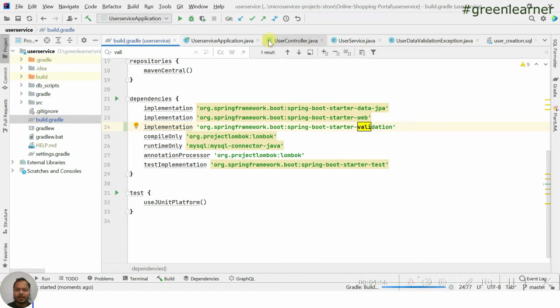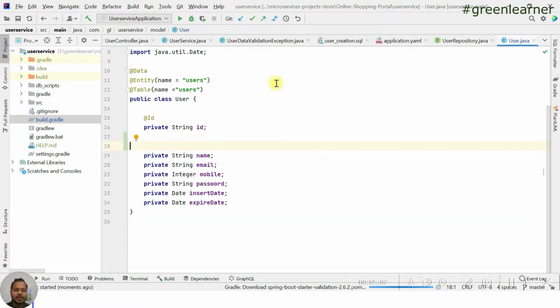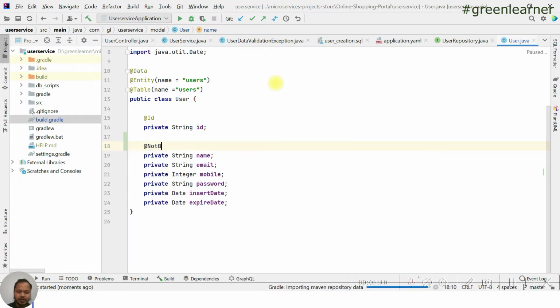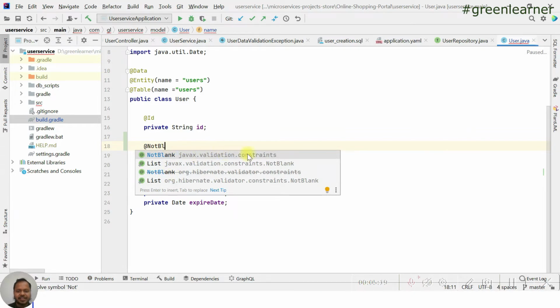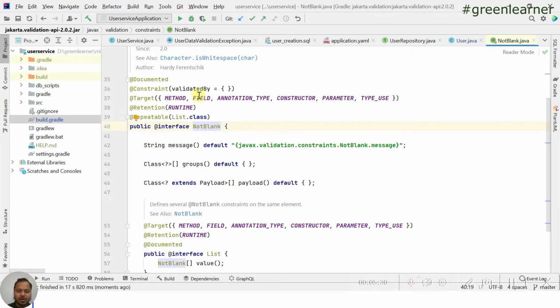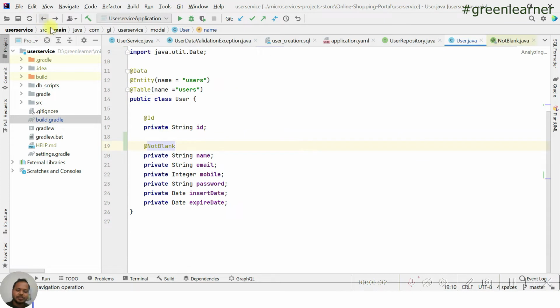So coming here under the user field where we were, user. Okay, so now we can use those annotations. What is the first annotation? For this name, I want that it is not blank. Let it download the dependencies first, and then it is going to suggest NotBlank. Yeah, javax validation constraints, it is coming from that library itself, so NotBlank. It is going to do the validation of this. If you want more information, come here and you can see all the information about this. But the idea is that it is not going to let this field be blank if you're putting this message.